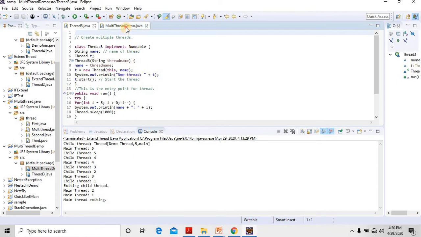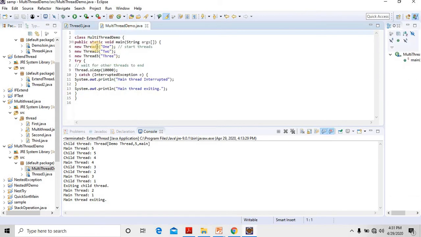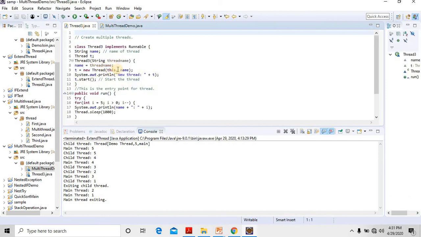The first time you call the Thread3 constructor with the parameter 1, that is the name of the thread. A thread will be created with the name 1, and that thread will be started. You call the start method for the thread and the thread will start running. The second time you call the Thread3 constructor with the parameter 2, one more child thread is created with the name 2. You call the start method for that thread and it starts executing by calling the run method.